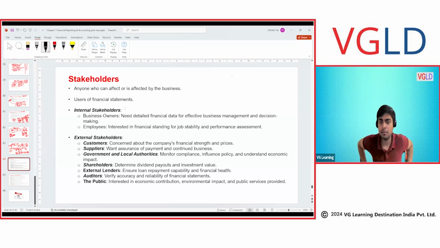Yeah, definitely. The cash flow statement that is taught in your 12th class is the same as what is taught here. It's just that you will be learning more things here, not at the knowledge level. I'm not sure how much of the cash flow statement they have given at the knowledge level, but definitely at your skill level, you will be learning thoroughly. IAS 7, you'll learn the accounting standard 7, cash flow statement. It will be very detailed. It will ask you for disclosure and notes. I have not touched disclosure and notes because it will be a very different chapter altogether. So let's have a 5 minutes break, guys.